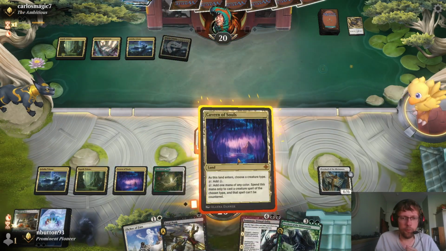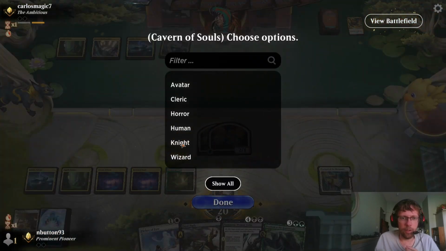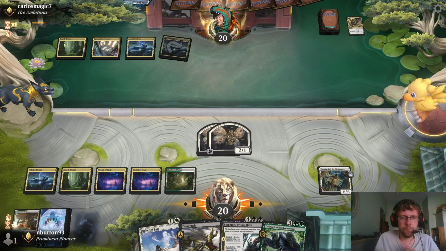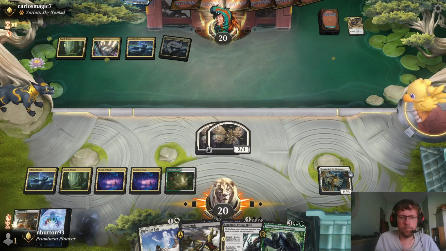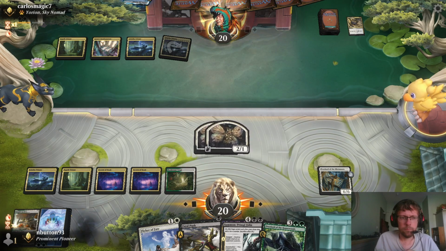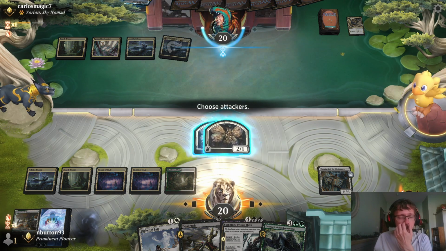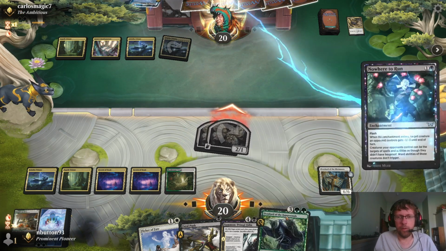Wonder what the opponent's got going on here. So this is a knight. So yeah, let's make that uncounterable potentially on a future turn. Then suspect we will... Oh God, I've got a very itchy nose all of a sudden. Yeah. Then I suspect we will fire off the